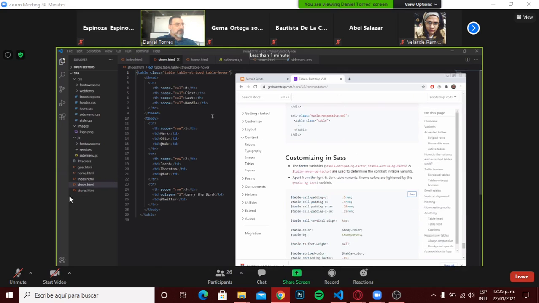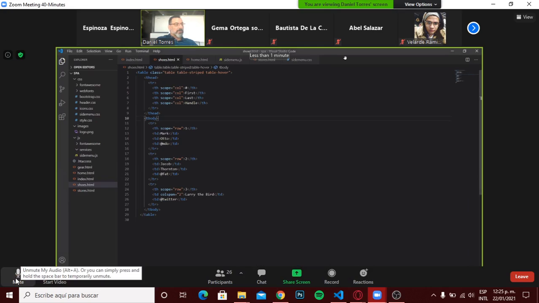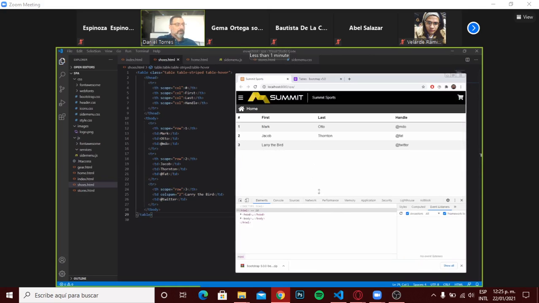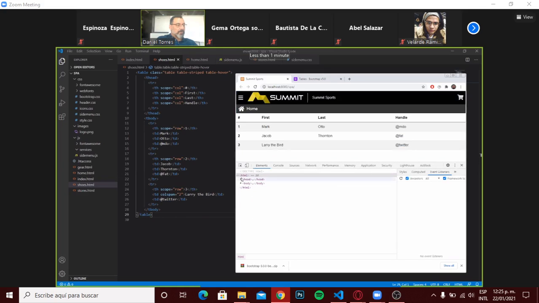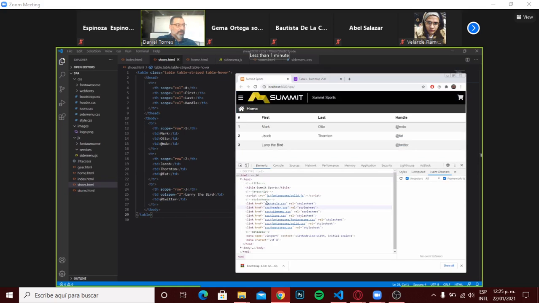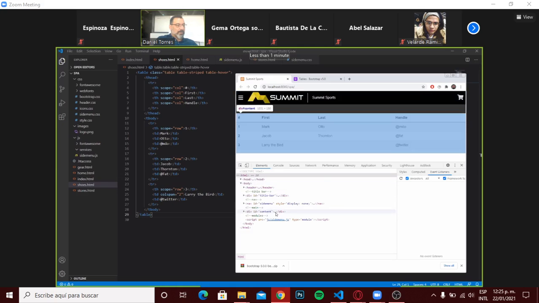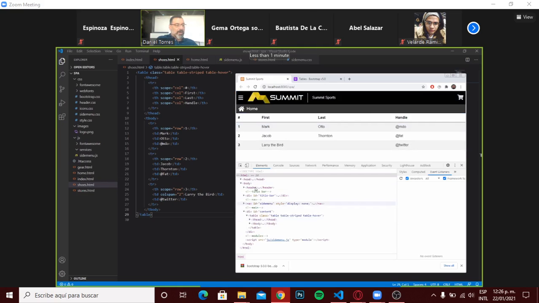Okay. So again, as you can see, in the case of choose.html, I only have the part that goes inside the content. So if you see the full document, you're going to see that it is the HTML with everything that we have in index, plus in the body, in the content division, we have the table. So since it's part of the document,